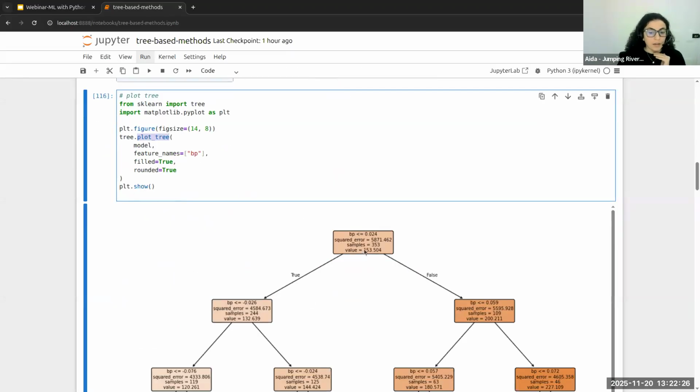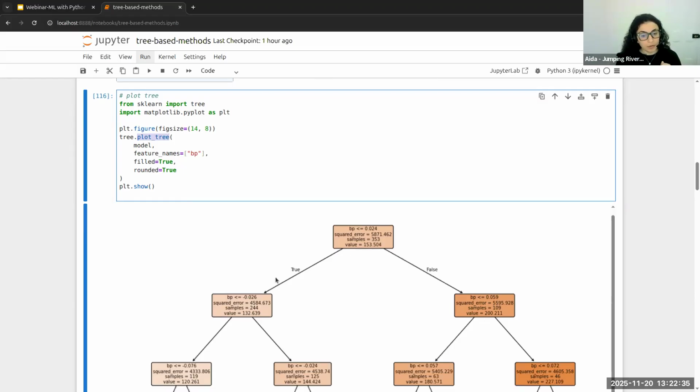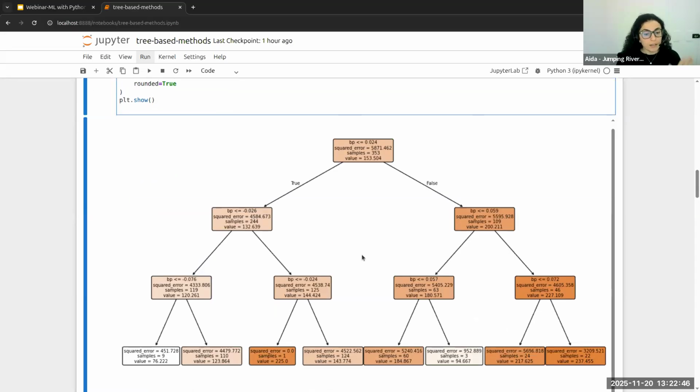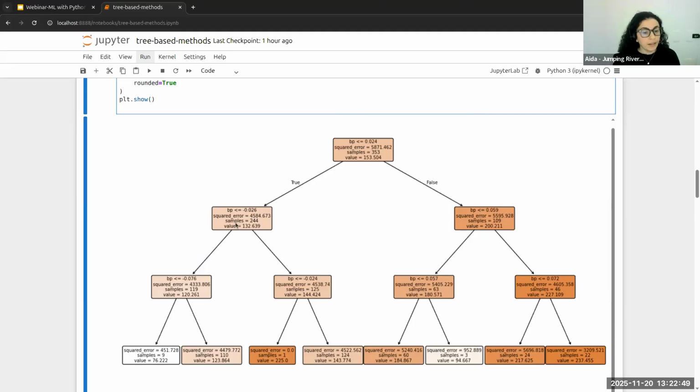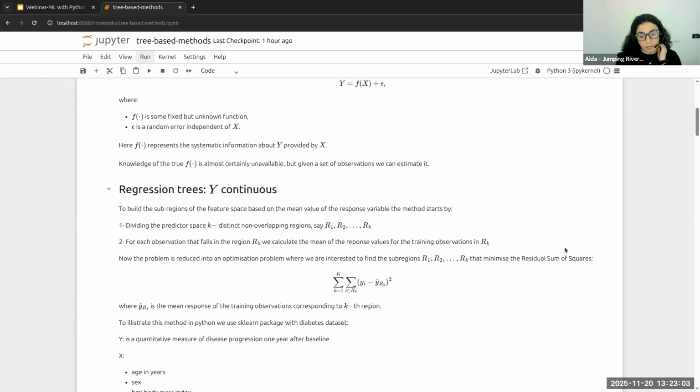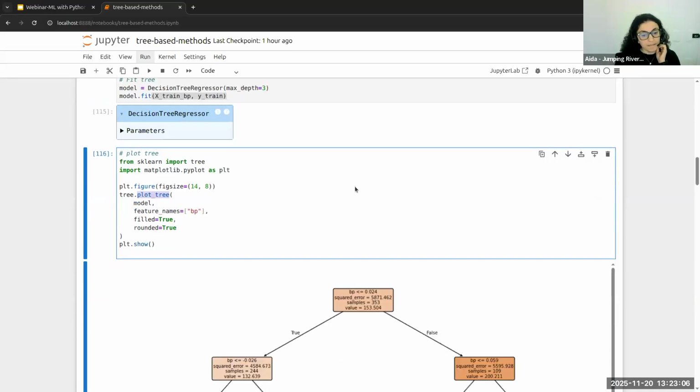And so the blood pressure variable has been standardized, and then the algorithm has optimized all these nodes. The first split has been at level 0.24, and then the next has been minus 0.26, and so on. And so we have here the level where the split has happened, but also the residual sum of squares at each step, right?